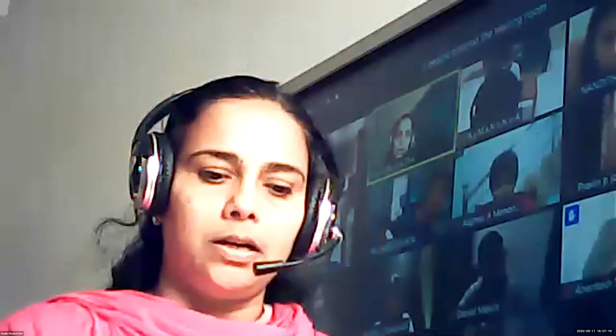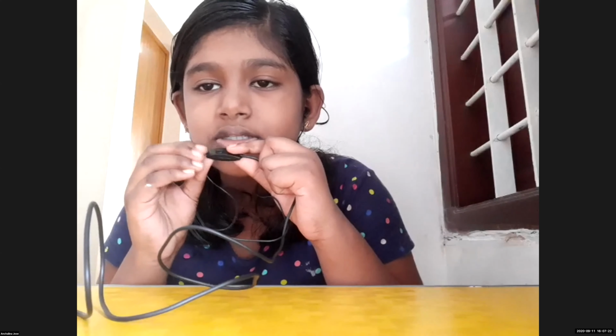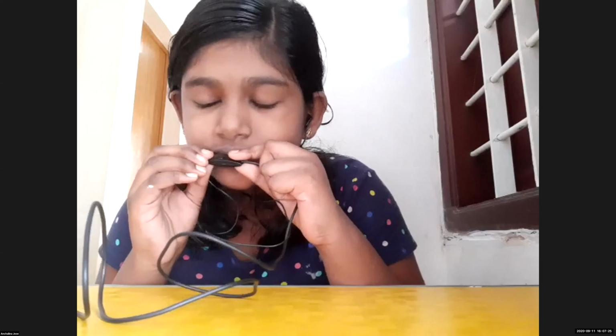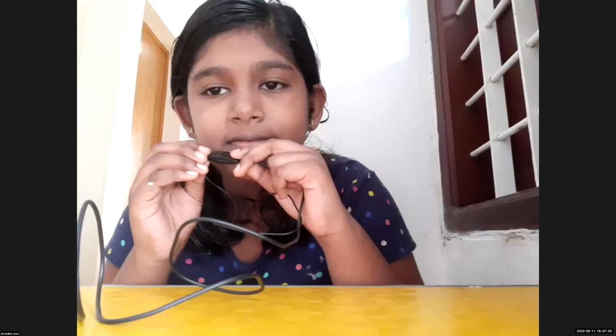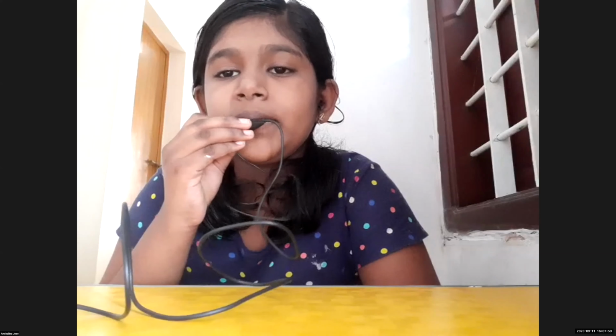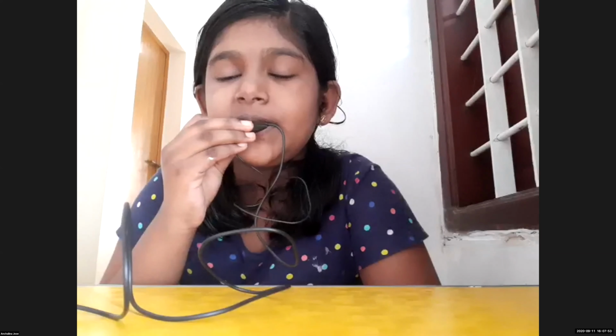The last two digits of the number should be divisible by 4, then it is divisible by 4. If the last two digits are divisible by 4, then the given number can be divided by 4. Or we can say if the last two digits are 0, then also it is divisible by 4. The last digit of the number should be 0 or 5, then it is divisible by 5. Divisibility rule of 5: if the last digit is 0 or 5.